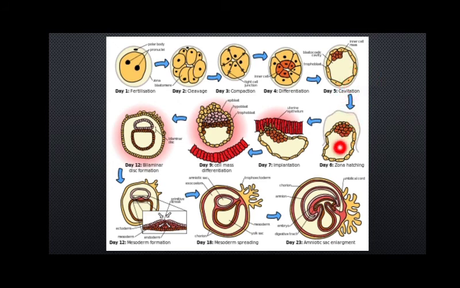So actually this will be discussed in detail in another video. Now finally, when the cavitation and all these things happen, on day 7 the zona pellucida will leave, because the zona pellucida was covering the entire structure up to this particular point of time, and at that point it will release itself, thus allowing the entire thing to penetrate or fuse with the wall of the uterus. Okay, and then the further development will take place. This will all be discussed in a